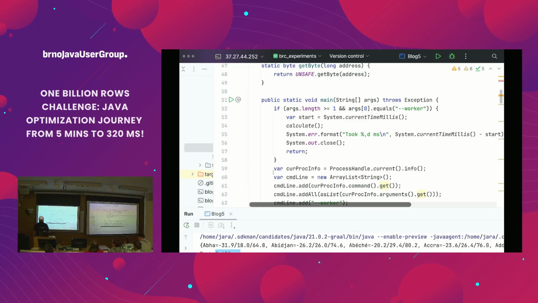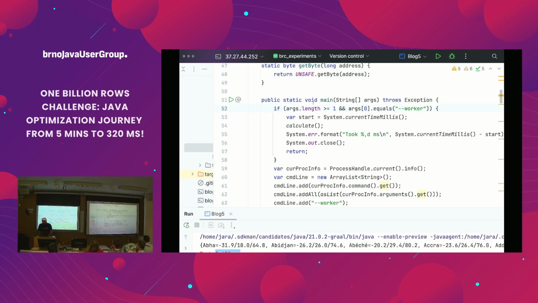He realized that, you remember our memory map file, how we mapped the whole file into memory. He runs the calculation, he exits the JVM, and the operating system has to unmap that file from memory, and it takes lower hundreds of milliseconds, and it's counted towards that budget. So the trick he came up with was this. Brilliant.